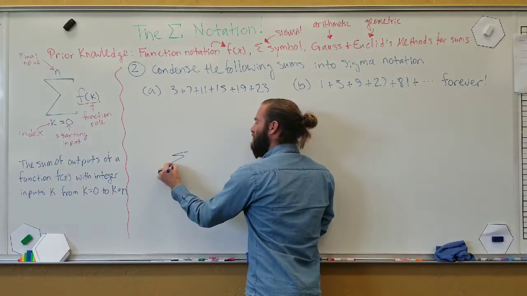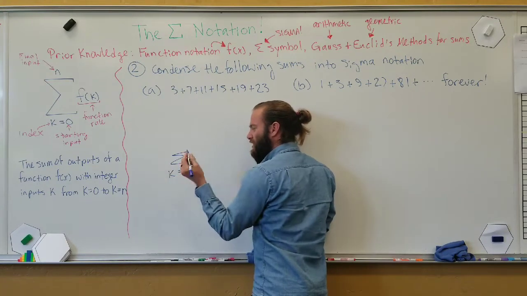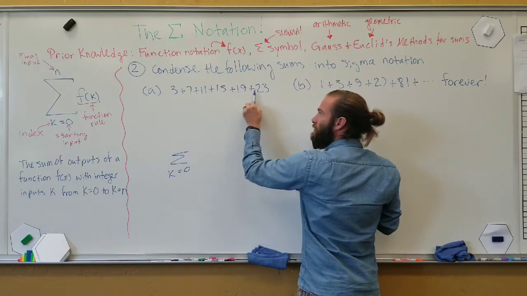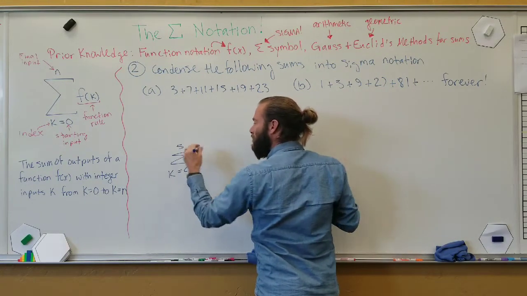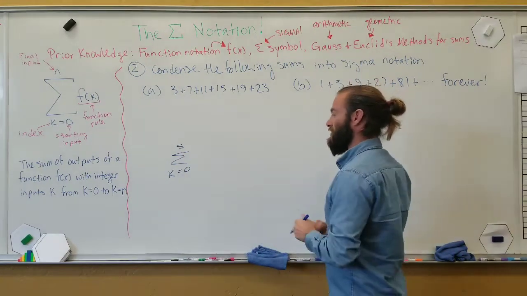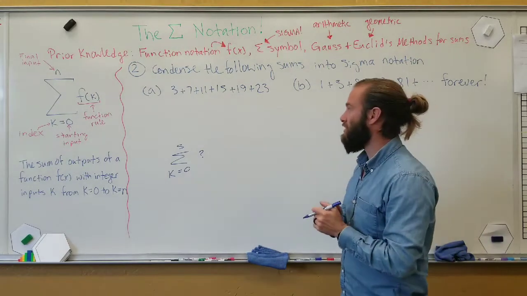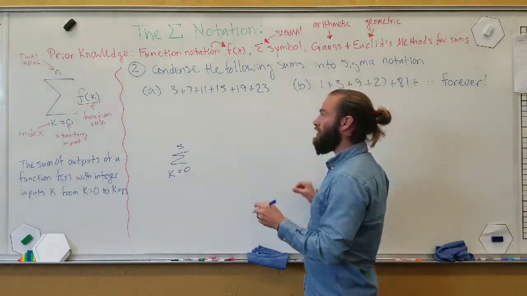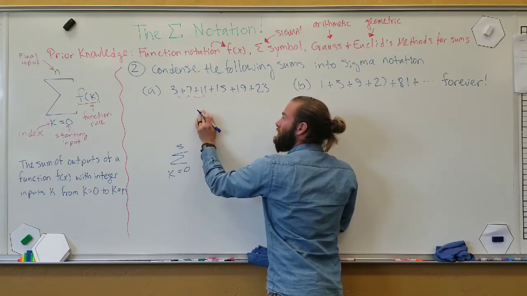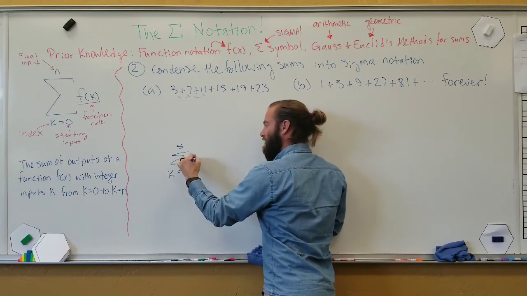Now, first of all, you know in the end I'm going to need this, and we can just go ahead and use k, and maybe it'll be helpful to start with 0, I don't know. But if we have 0, 1, 2, 3, 4, 5, there's 6 total things. So 0 to 5 gives me 6 total things. But the thing we're missing here is, what is the actual rule for this function that's going to make this work out? Now, if you notice here, this is going up by 4 each time, right? So it seems like we have 4k